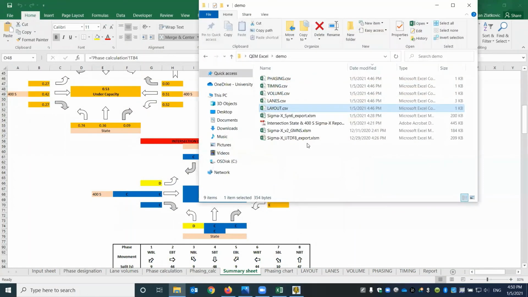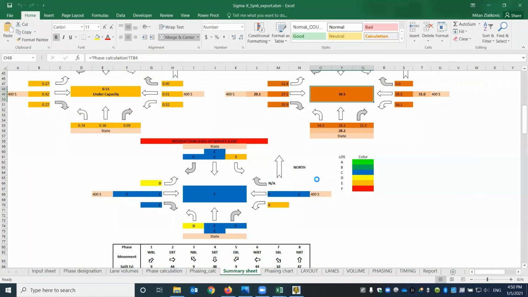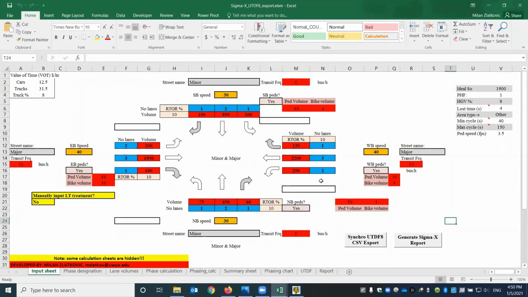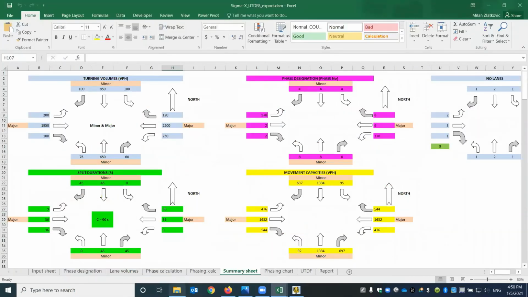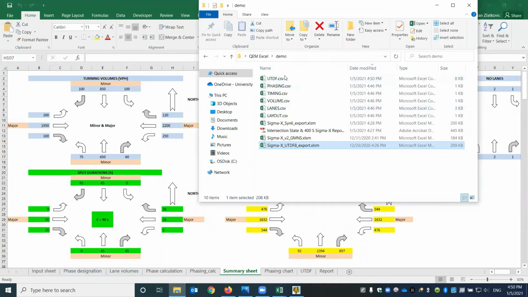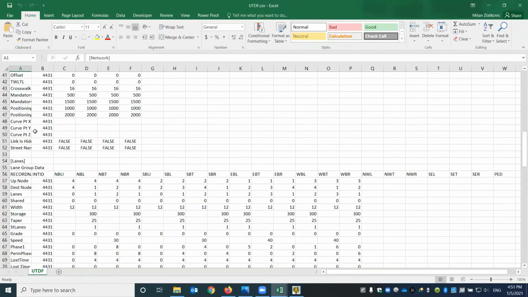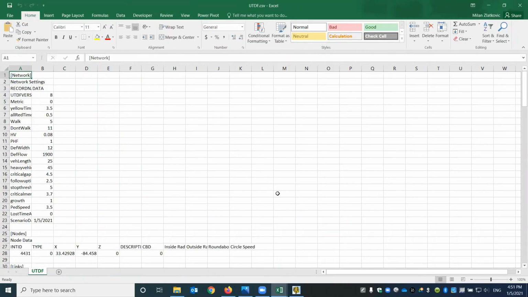Now, I also have versions for Synchro 8 or UTDF 8 and up. If I go back, I don't want to change the input data. I just want to show the process, how it works. I can click on the Synchro 8, Synchro UTDF 8 export, and it will create only one CSV file. If I go back to the same folder, there's the UTDF CSV file that was created. I open it up, and within this one file, I have all the information about the intersection. So all I need to do now is follow a similar procedure in, for example, Synchro 8 or 9 or 10,